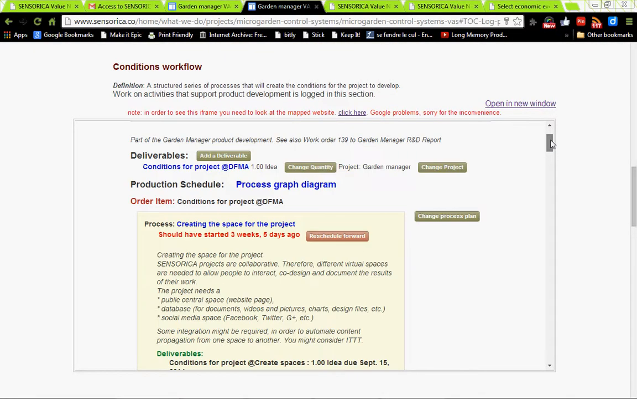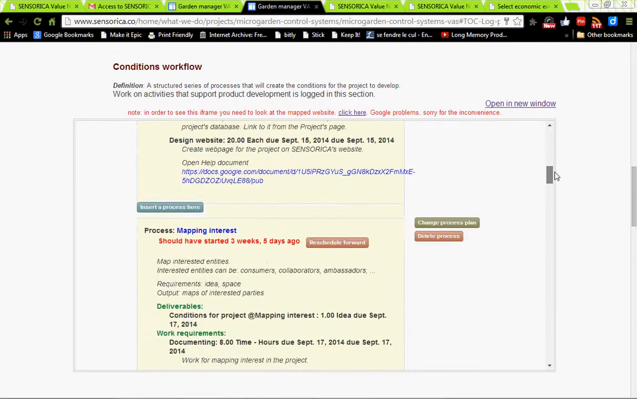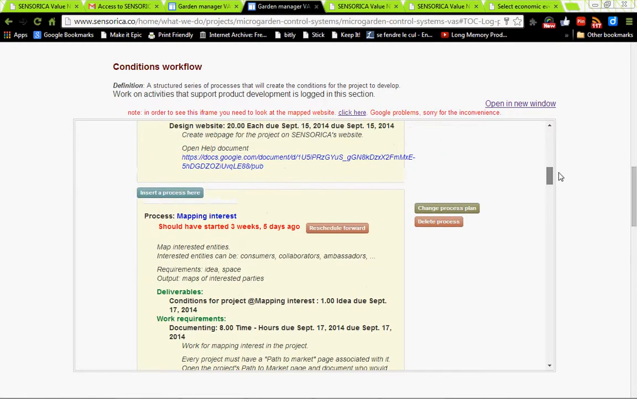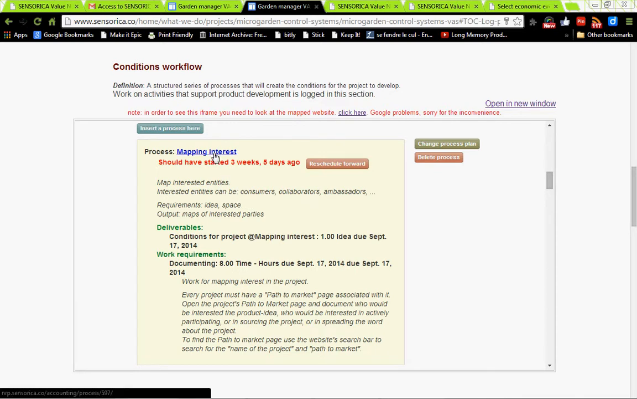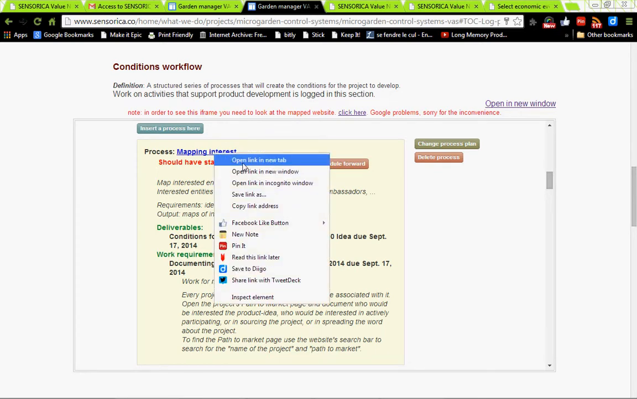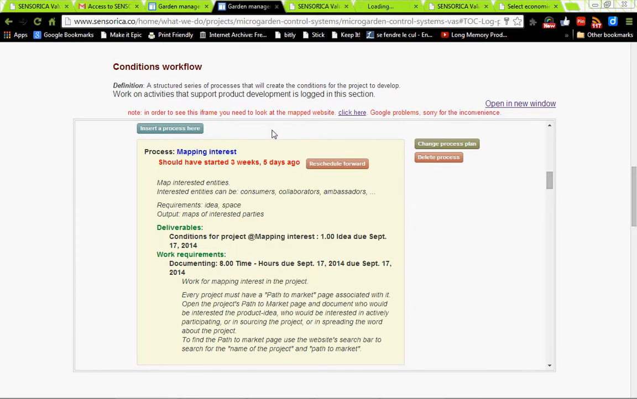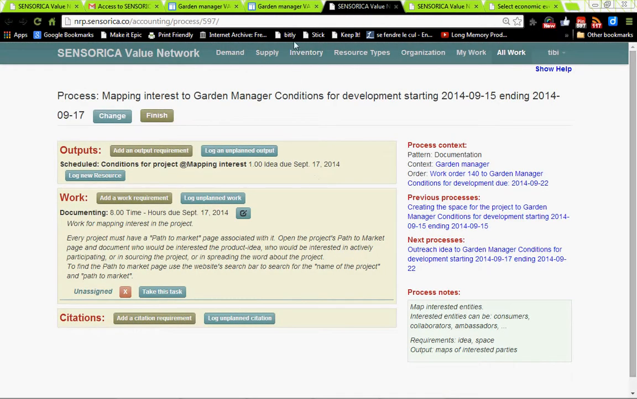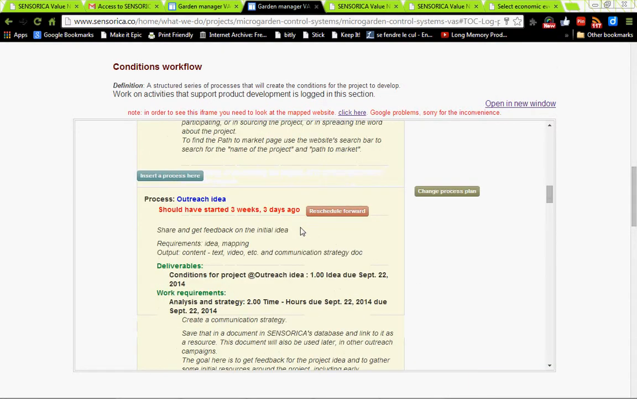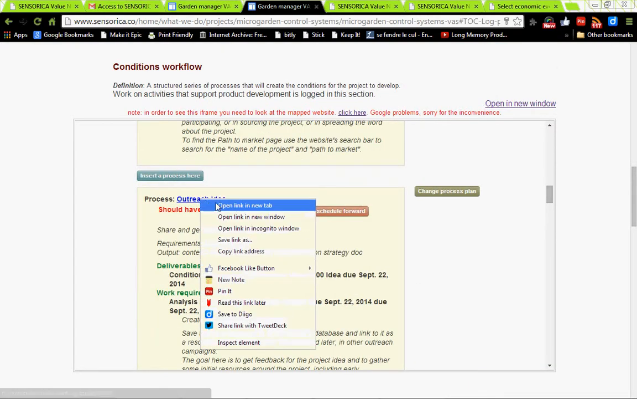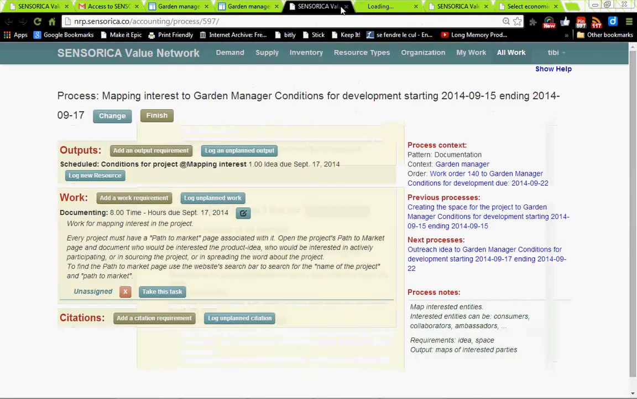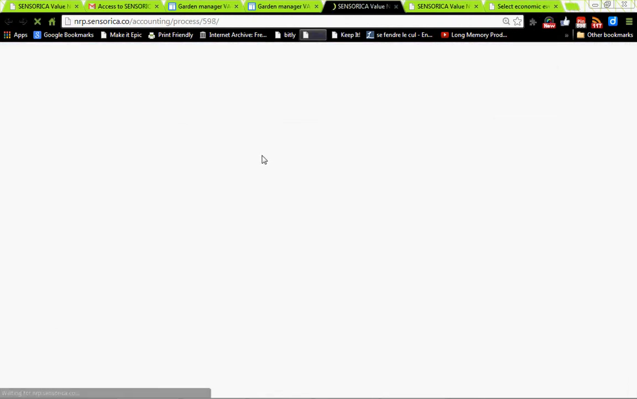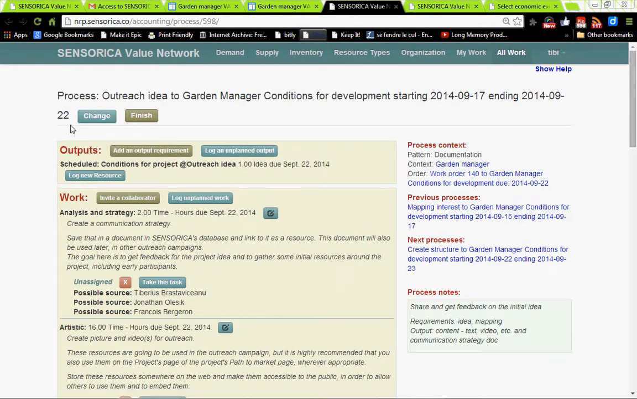So I'm going to go here and open the mapping interest. I think this is where I logged this time. So I'm going to open it in a new page, and I'll show you how I logged my time here. Actually, it's not this one. I'm sorry. Outreach for ideas. Okay, so let me open this one. Okay, so this brings me to the process where we outreach the idea about the product idea about the garden